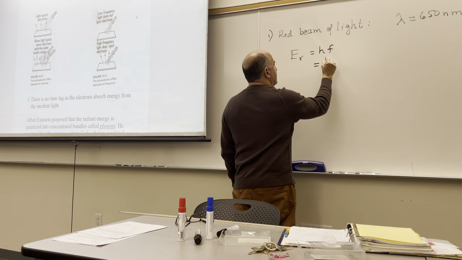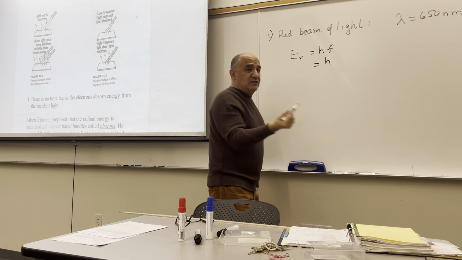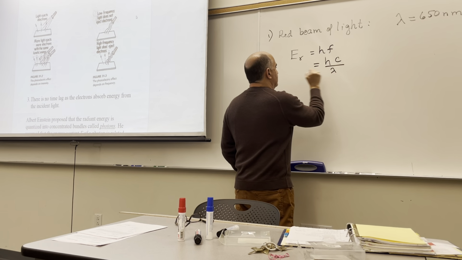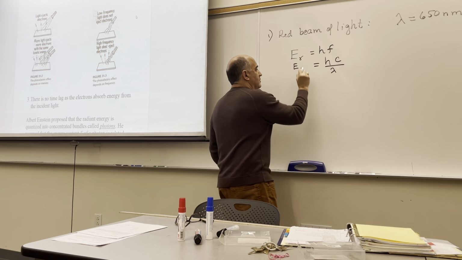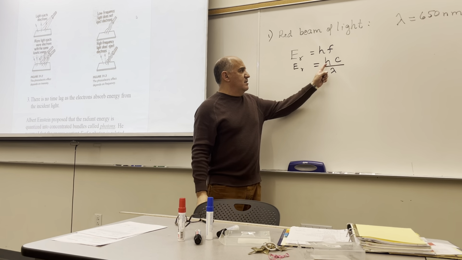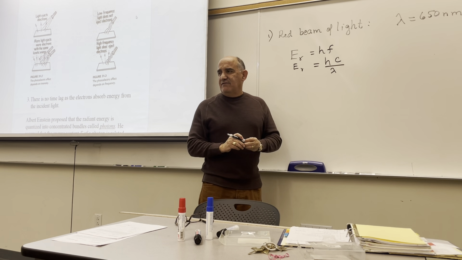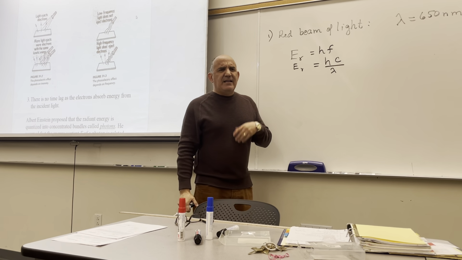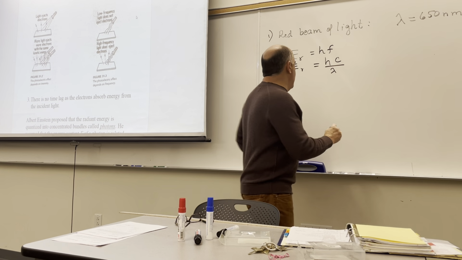Now, what is the frequency of the light? If I think of it as a wave and the frequency is f, I can relate that to the wavelength like this. Now, this combination of Planck's constant multiplied by the speed of light in vacuum shows up a lot, and it is useful to know that